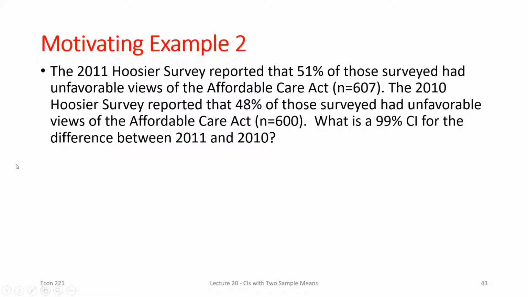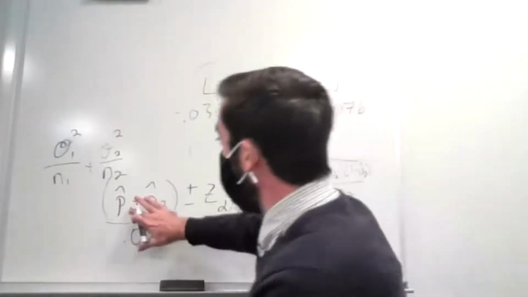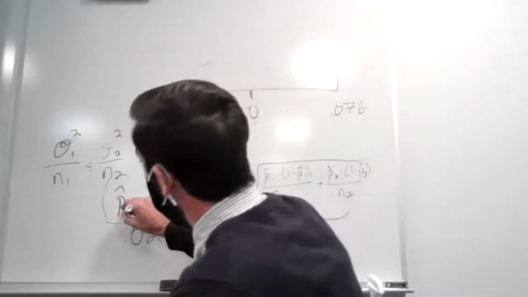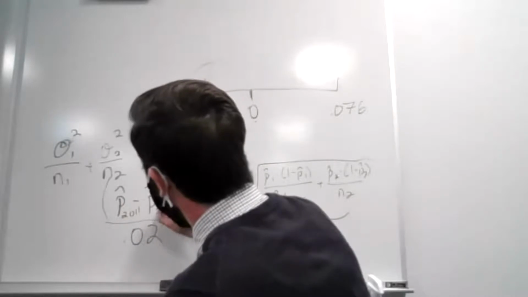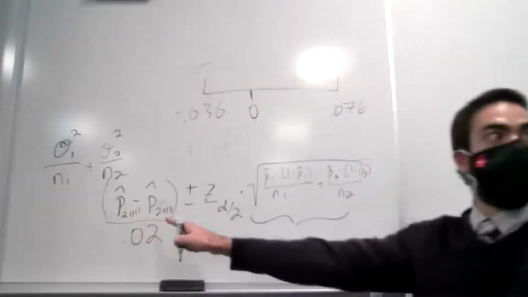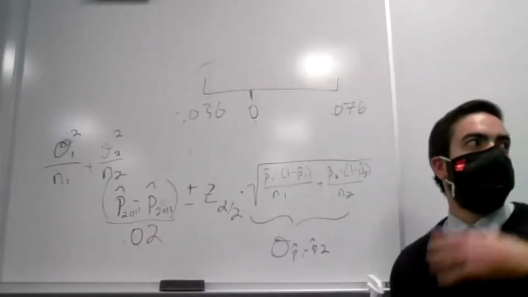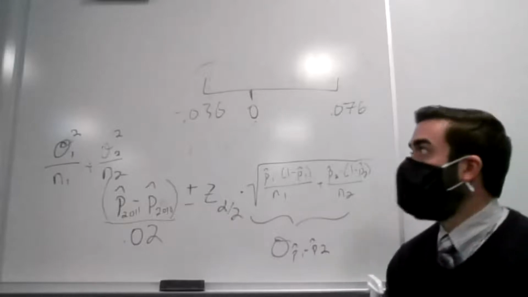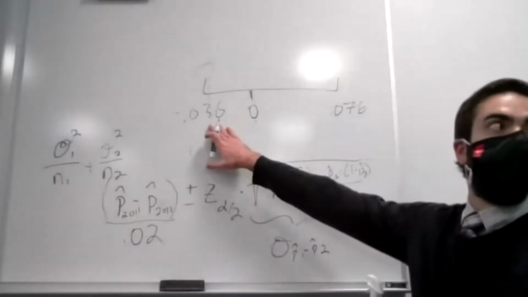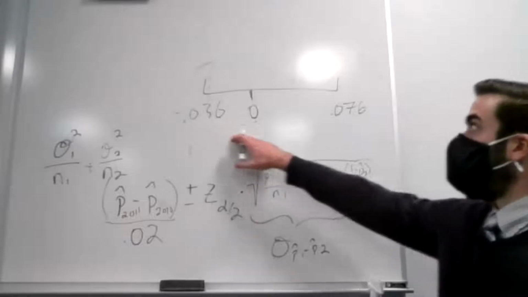Now, like I said, on an exam, to make sure that you're not going to get the answer wrong, I'll usually put in there, i.e., what's the difference, and then give you, instead of P1 and P2 here, the problem would read something like this: the difference between the sample. So it'll be made sure that you know what it is. But it really doesn't matter, because if I set it up this way, I'm going to find that the difference is somewhere between